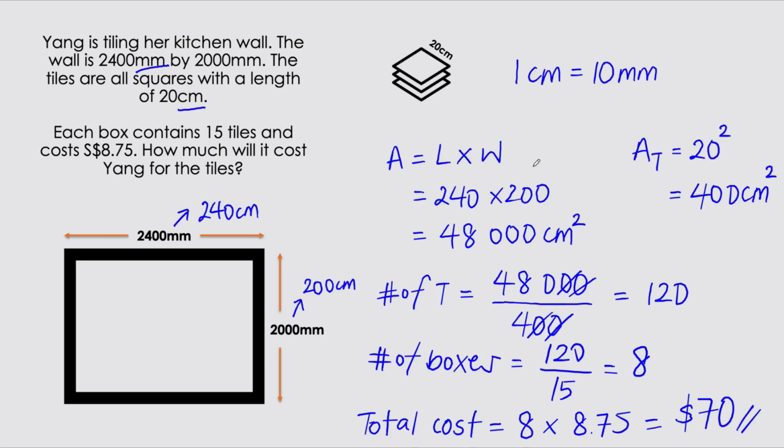So now to find the number of tiles that are needed to line her kitchen wall, we divided the total area by the area of each tile. So we realized that we need 120 tiles. Next, we know that each box contains 15 tiles and we need 120 tiles. So we find out the number of boxes that we need, which is why we did 120 divided by 15. That gives us 8 boxes. Now, each box costs $8.75, which is why we did 8 times $8.75 gives us $70. Okay? This was a pretty complicated question, but if you work through it step by step,